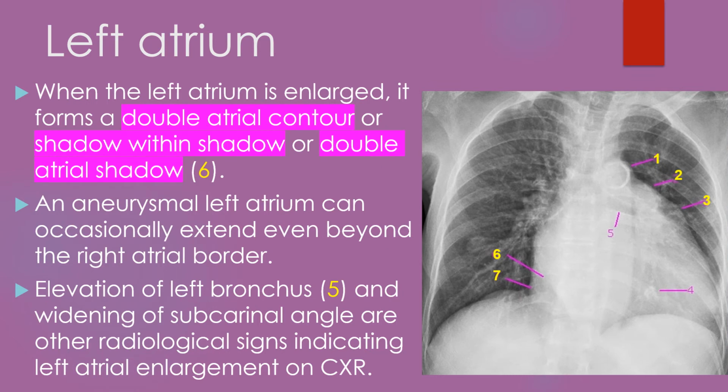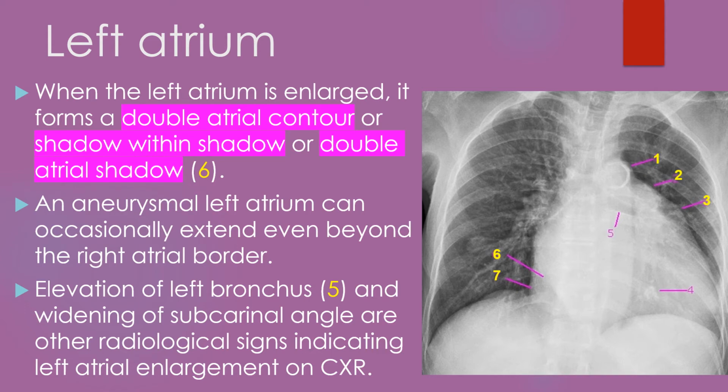When the left atrium is enlarged, it forms a double atrial contour, or a shadow within shadow, or double atrial shadow, as shown in this chest X-ray. An aneurysmal left atrium can occasionally extend even beyond the right atrial border. Elevation of the left bronchus and widening of the subcarinal angle are other radiological signs indicating left atrial enlargement, seen on this